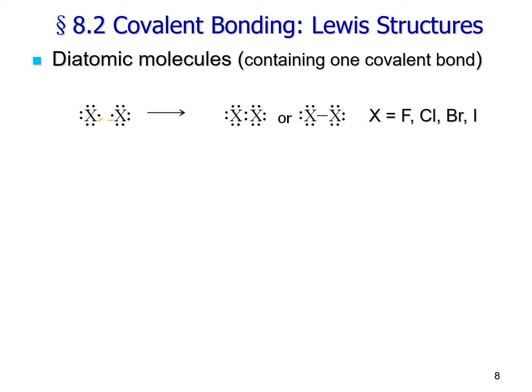As they approach each other, those 2 dots obviously are going to form a pair that holds these 2 atoms together. That is why we have a diatomic molecule. And for each atom X, they're going to have an octet at least 50% of the time. In chemistry, we use a dash to represent